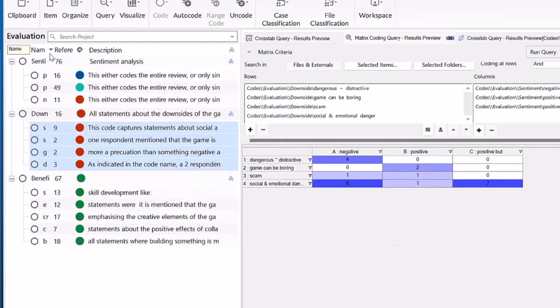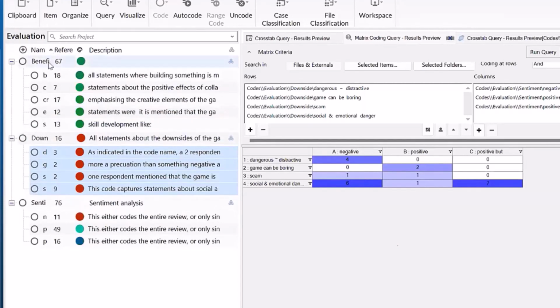Anyway, you can still see the benefit, the down, and you know what it means. Yeah, so all of these programs can do that, whether it's called matrix coding, or code relation browser in MAXQDA, or code co-occurrence in ATLAS. So this is then what you can do, just as a small example here, where you can make analysis more